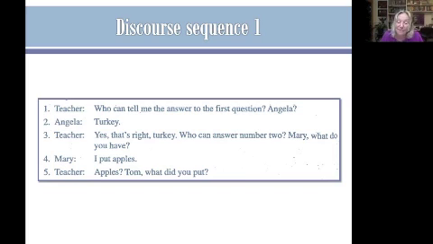Angela can't say something other than turkey because otherwise the teacher will say, "No, sorry, wrong," and move on to Mary and say, "Mary, what's the answer to the first question?" "Oh, turkey, right." Yeah. So there's only one correct answer and the teacher's giving an evaluation. Now, if you got it right, you feel good. But if you got it wrong, you're not going to feel very good and the teacher isn't going to do